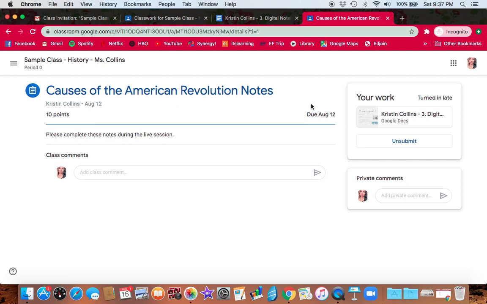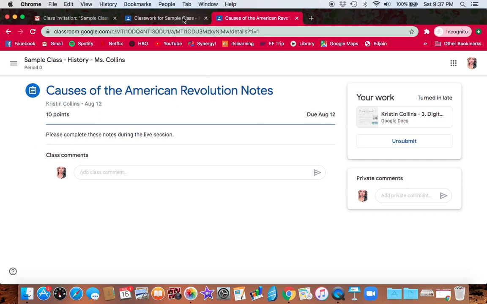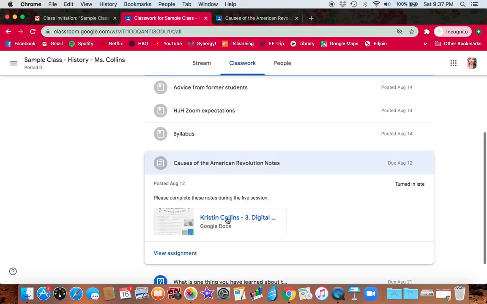Let's say that you started the notes, but then you didn't finish them. The reason it says my access is expired is because I already submitted it. But let's say you started the notes but didn't finish them, and so you need to pull them up later to finish them. You can still come back to the link here on Google Drive, or remember how I said